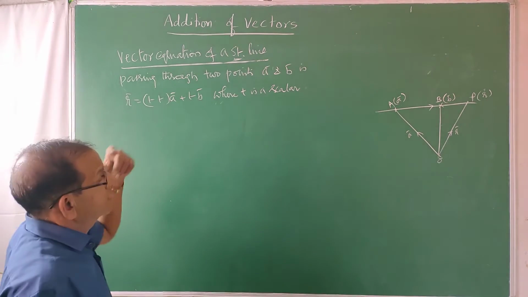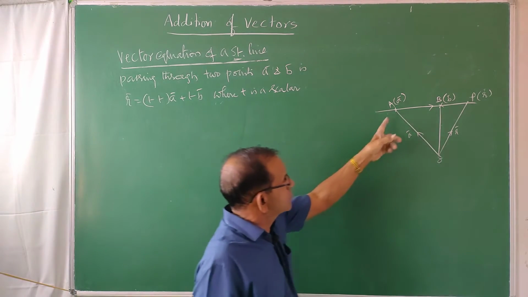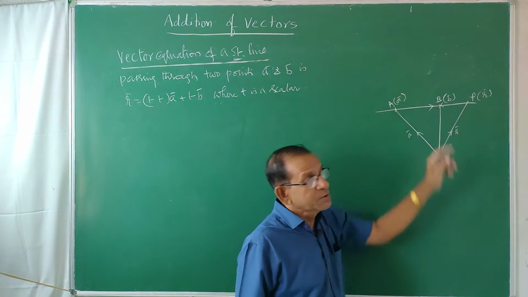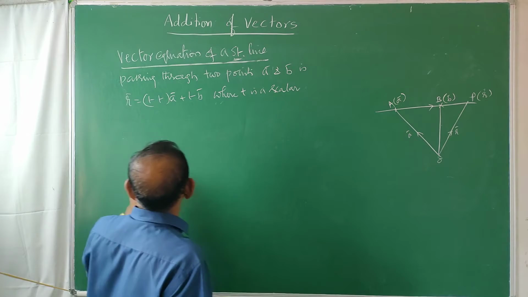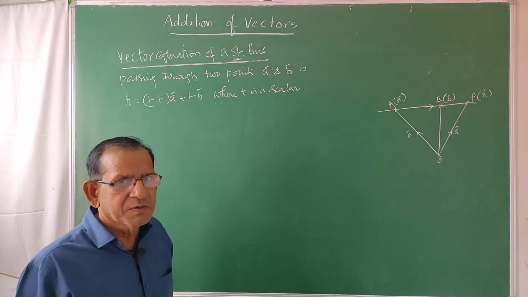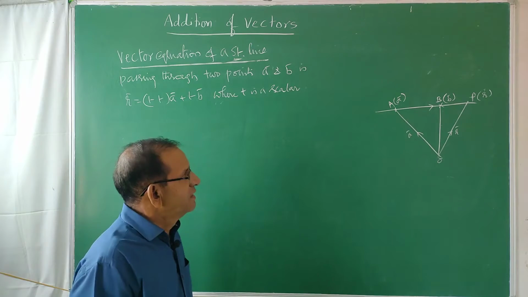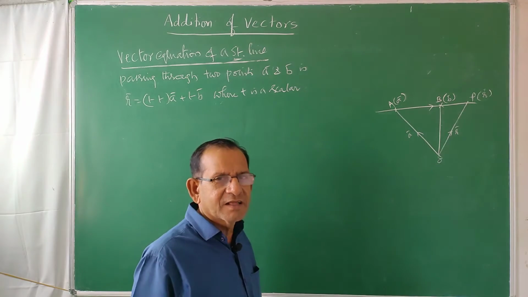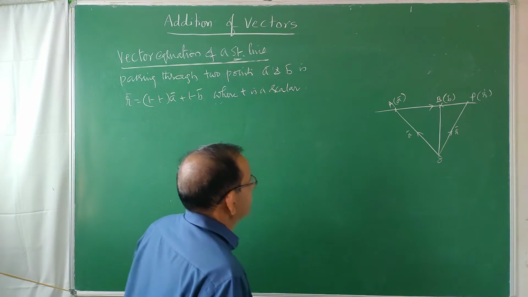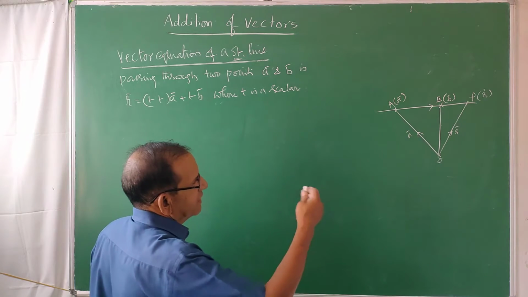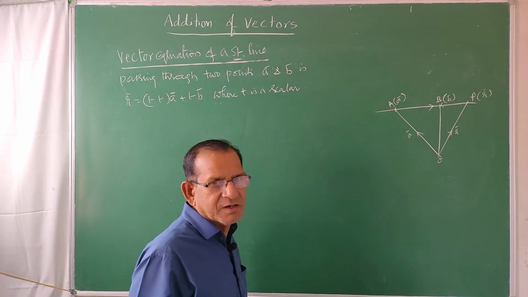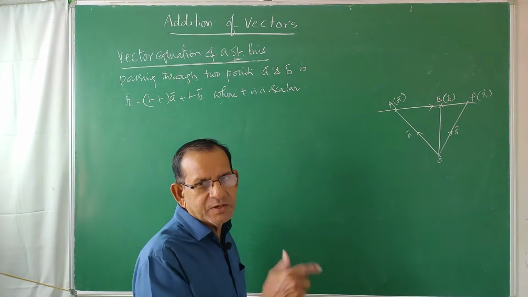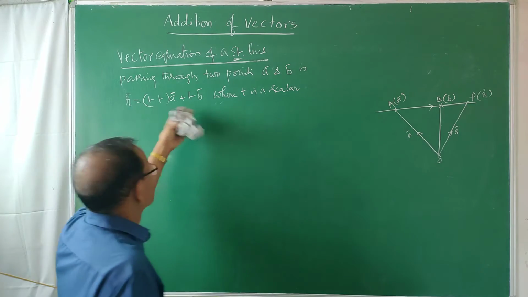Now another one, the vector equation of a straight line passing through 2 points. In the previous one, a point is given on the line and it is parallel to B bar. Now it is passing through 2 points. So its equation is R bar is equal to 1 minus t into A bar plus t into B bar, where t is any scalar. Now here AB bar and AP bar are on the same line, so we say that they are collinear vectors. AB bar is B bar minus A bar and AP bar is R bar minus A bar. Because those two are collinear vectors, AP bar is equal to some t into AB bar. By taking like that, you can find this equation.